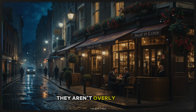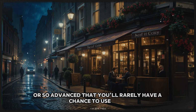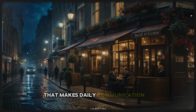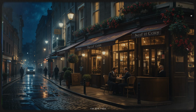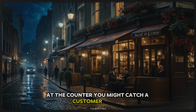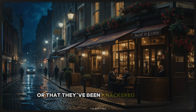They aren't overly formal or so advanced that you'll rarely have a chance to use them. Instead, they are part of the living, breathing language that makes daily communication in British English feel natural and effortless. Imagine walking into a shop in London and hearing a conversation at the counter. You might catch a customer saying they're chuffed about a bargain they found, or that they've been knackered after a